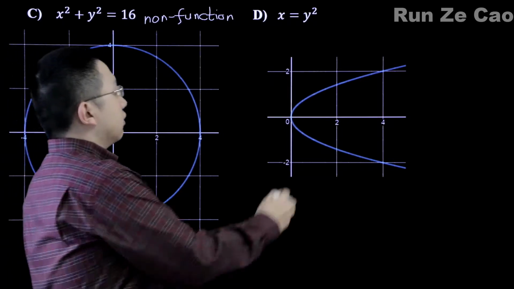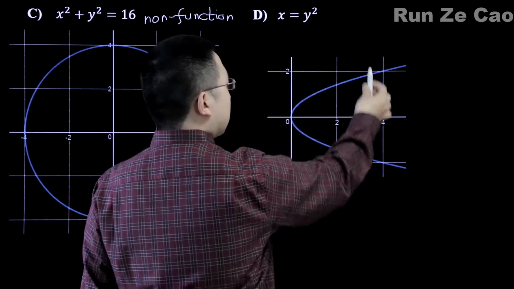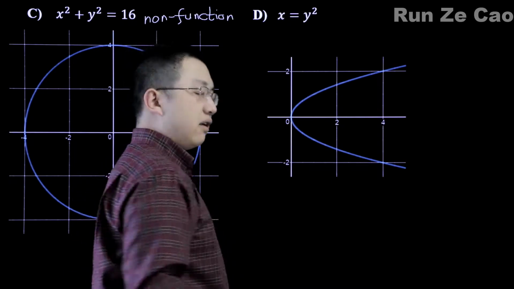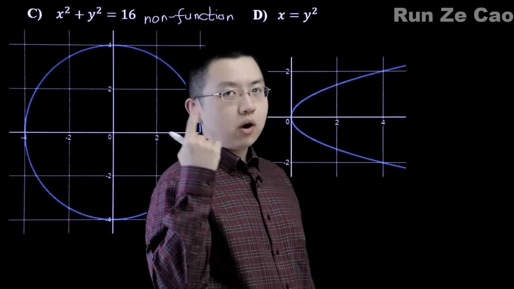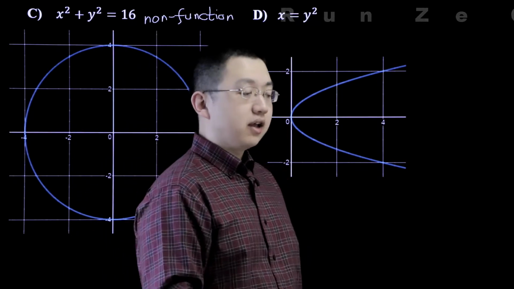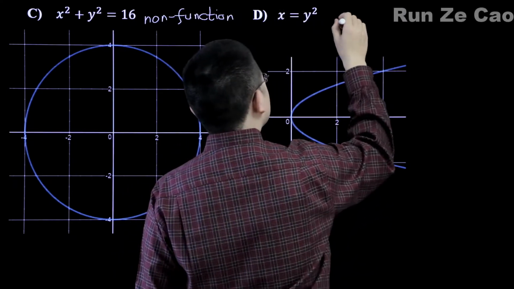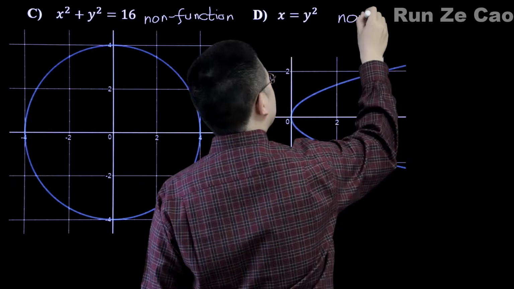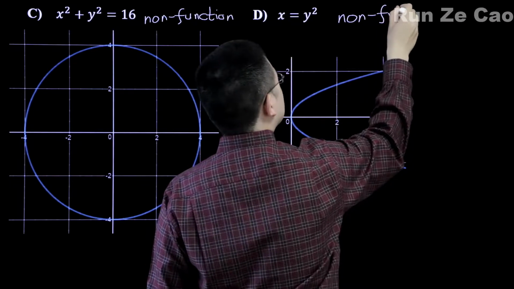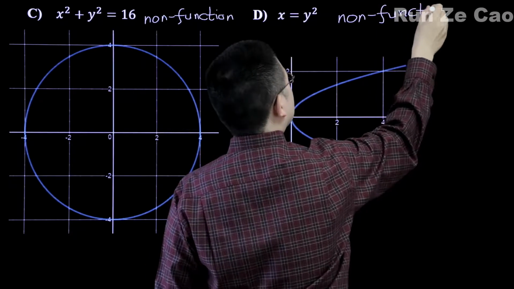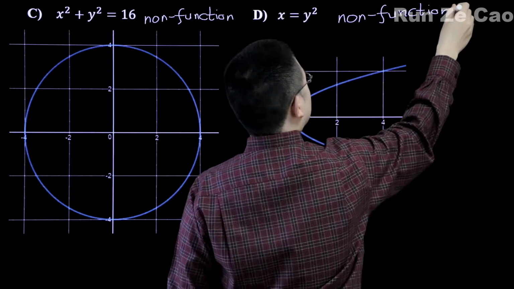So what about this one here? Well, clearly we can run a vertical line test and it fails to only have one possible y value for every x value. And therefore, this is a non-function